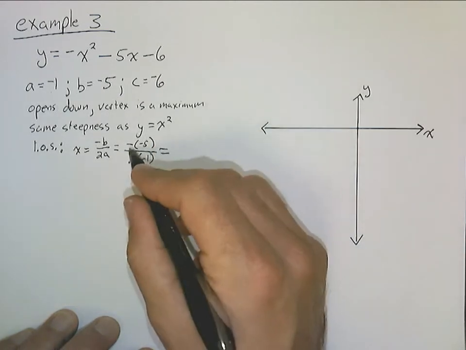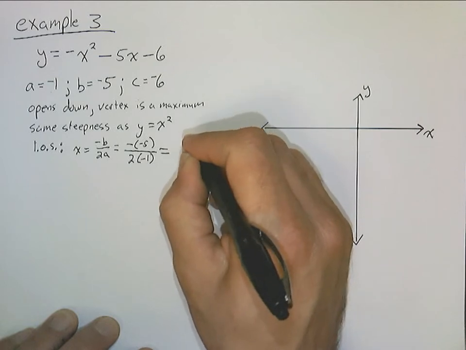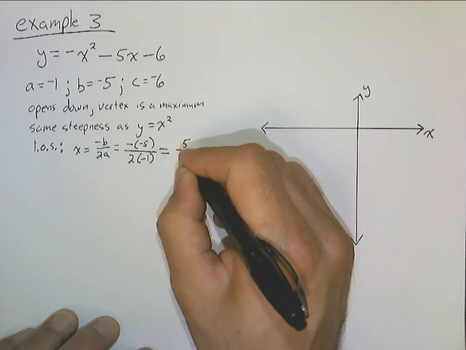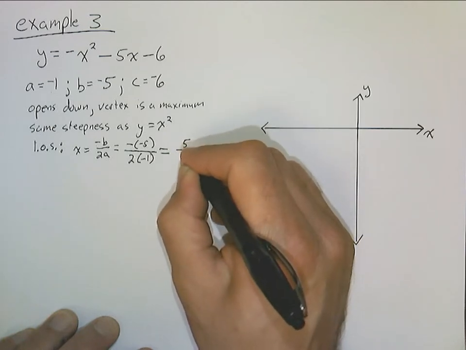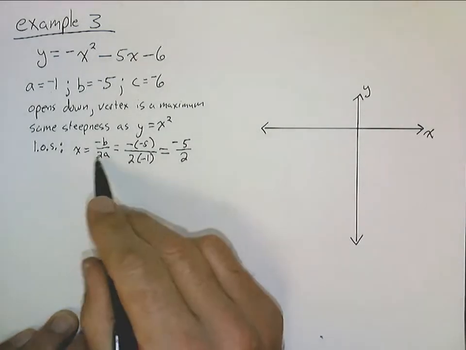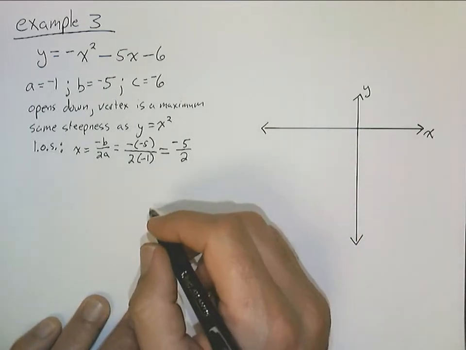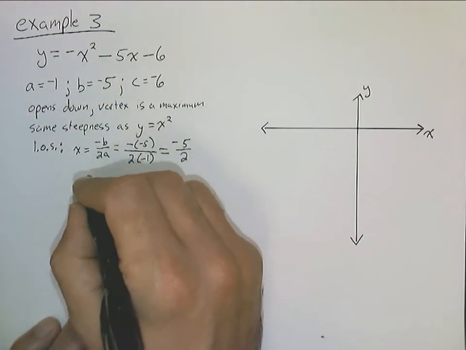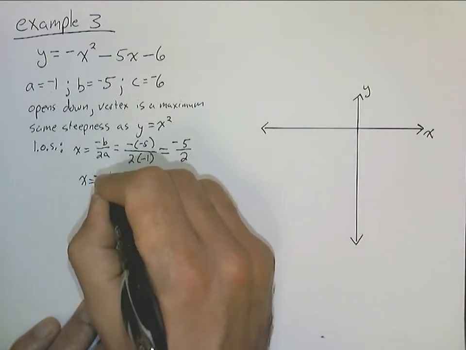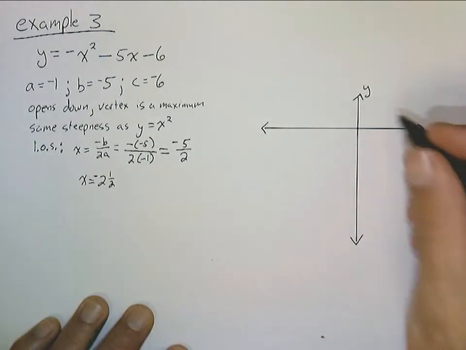But now if we simplify this down, this is going to be the negative of negative 5, which is 5 over 2 times negative 1, which would be negative 2, but we don't want to write that negative sign in the denominator. We always want to put it in the numerator. So the line of symmetry is given by x is equal to negative 5 halves. Or, since we are graphing, this is one of the few instances where writing it as a mixed number is valid. And 5 halves is 2.5,